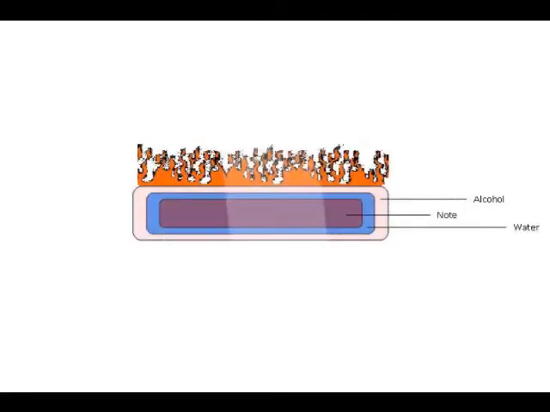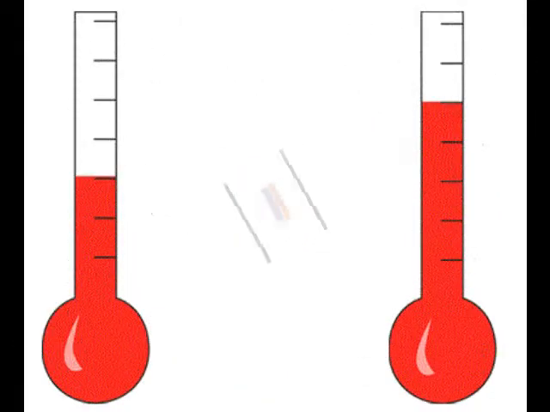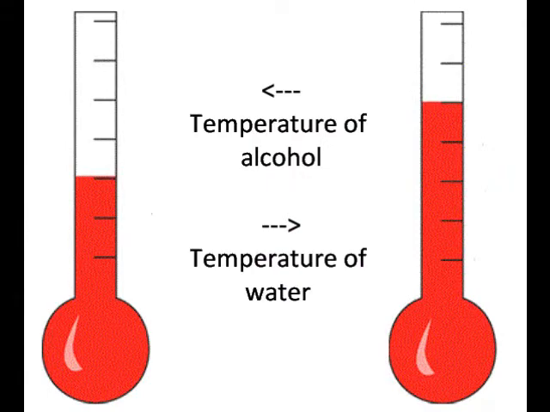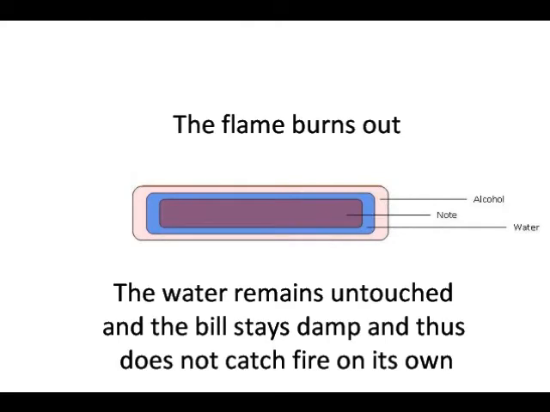As such, when flame is introduced to the paper currency that has alcohol mainly on its outer surface, alcohol is actually what burns. The temperature at which alcohol burns and evaporates is below that of water. Therefore, while the alcohol is ignited, the water remains untouched and the bill stays damp and thus does not catch fire on its own. After the complete combustion of the alcohol present, the flame burns out and leaves behind a